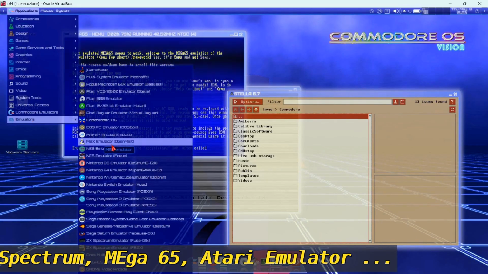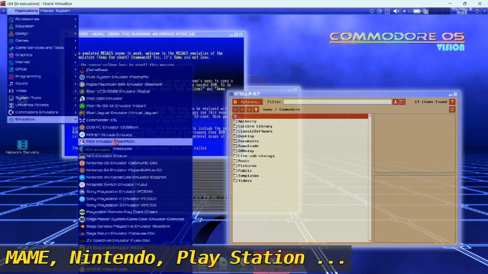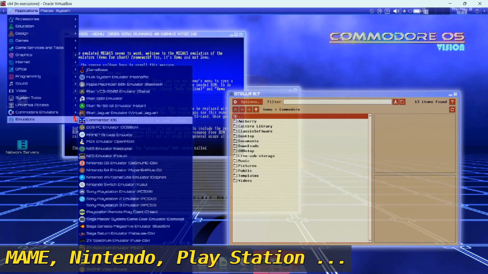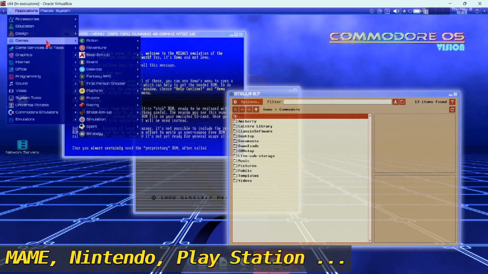This is just a small overview. We also have the Nintendo, the NES, the MX emulator, the MAME arcade, some we've already seen, the Commodore emulator, and so on. Incredible, truly a suite that takes us back to the glory of the 80s. In modernity, of course, from 2025,